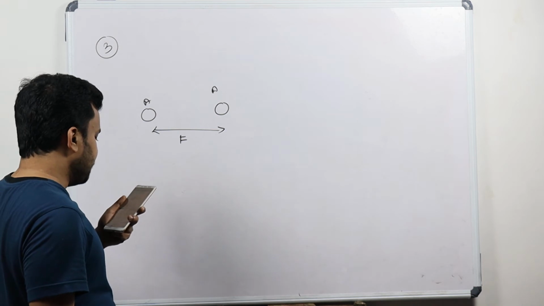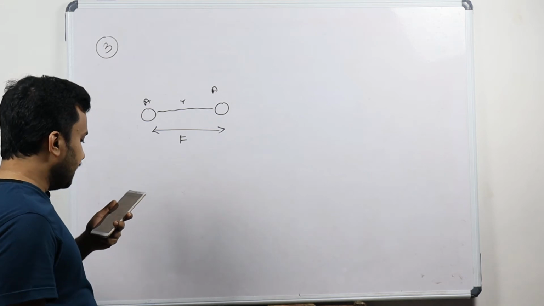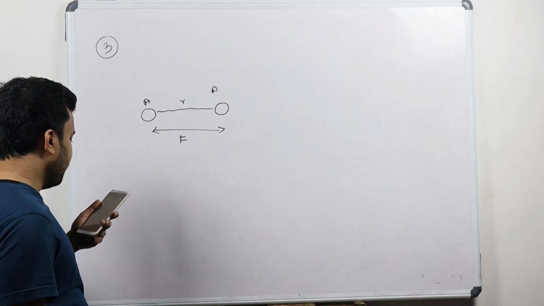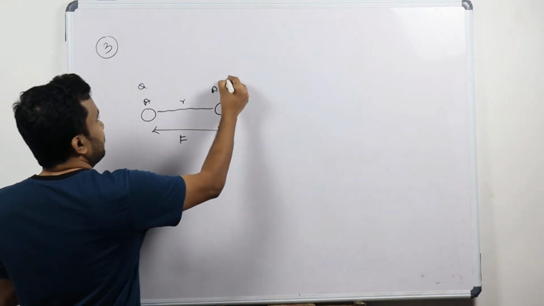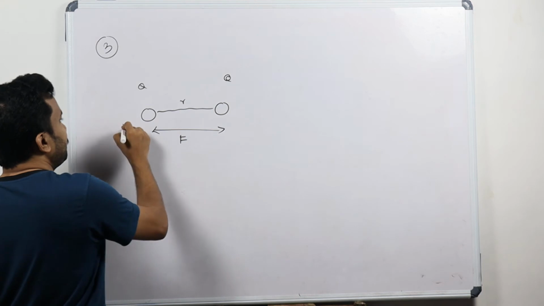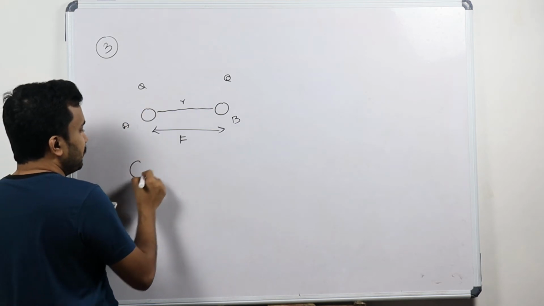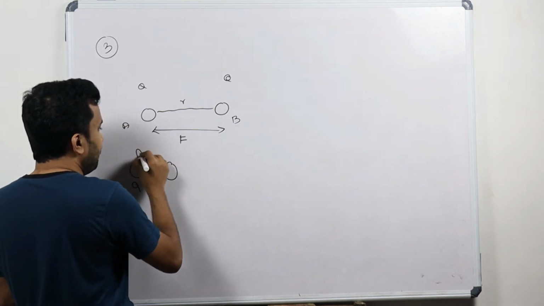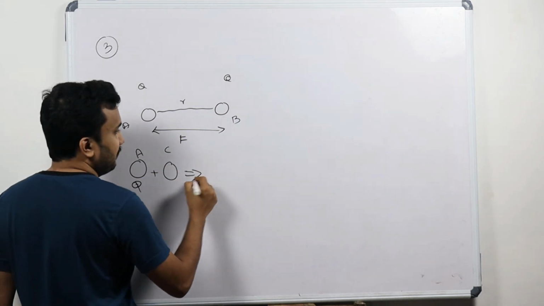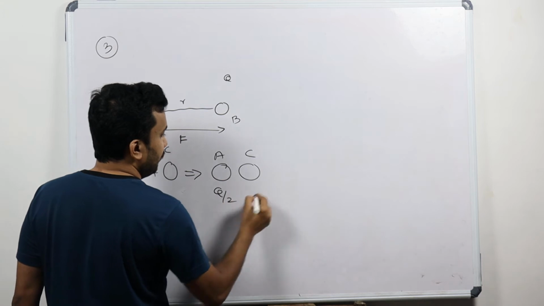The spheres are kept at a fixed distance between them. So what is the distance between them? It is called R. A third identical but uncharged sphere is brought in contact with A. Now this is Q charge, this is Q charge, two bodies A and B. Now a third body is coming which is in contact with the body called A. Body A has charge Q and C has no charge. When two bodies get in contact, charge sharing will happen. After disconnecting A and C, what's the charge? Q by 2 and Q by 2.